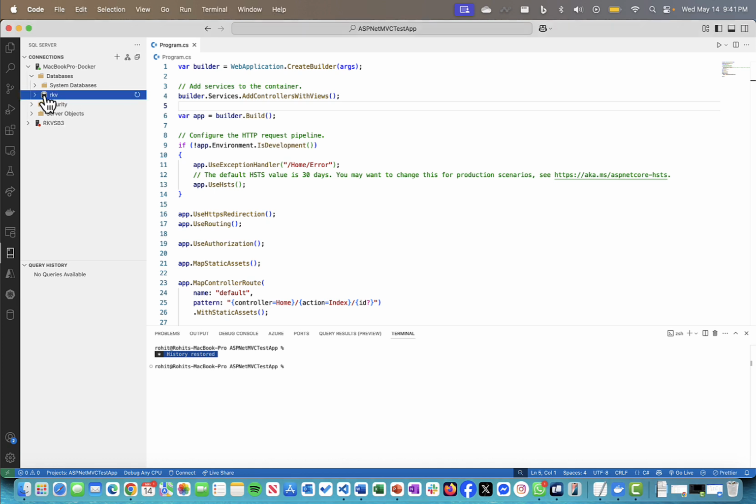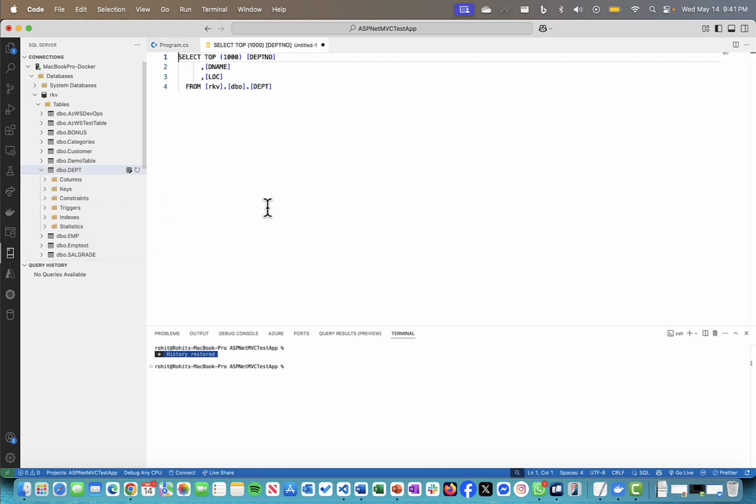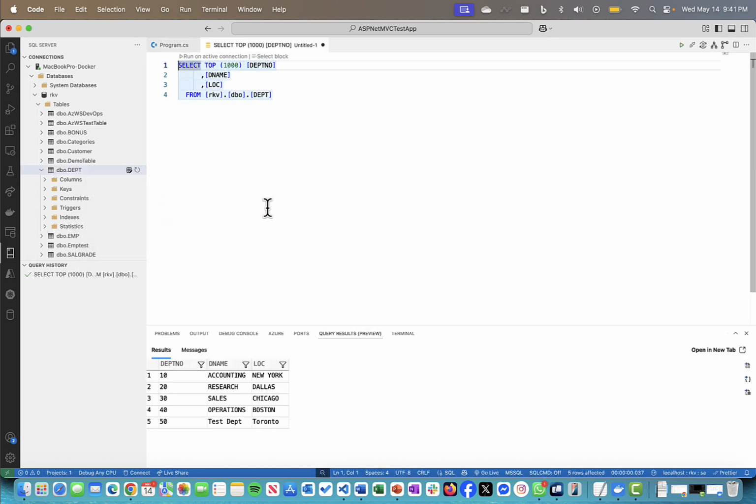This is the connection I'm using to connect to the RKV database, and within this I've got a bunch of tables. Let's say I'm going to use this DPT table to show how exactly this connection can be done. The DPT table is a typical small table with department number, DNAME and location. There are a total of 5 rows in this. So we'll be utilizing this database and this Docker container which is running, and will connect our ASP.NET Core